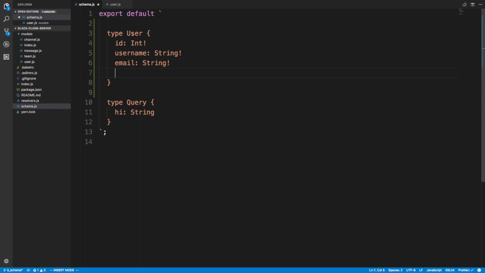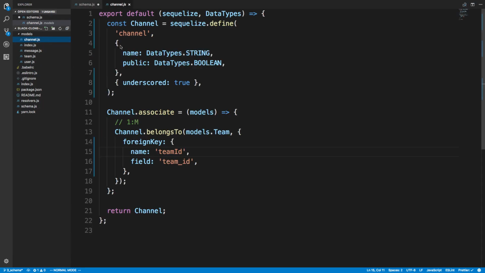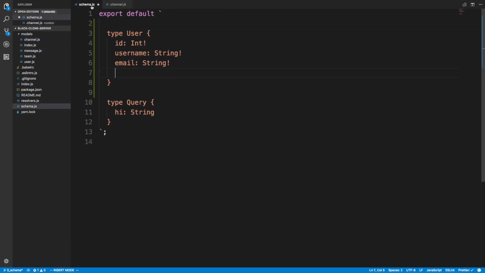So the user is a part of actually channels. I forgot about this, which I guess we can add on later. But for a channel, if it's private, there's certain users that can access it. So we need to have a member as well. But we'll worry about that later when we actually get to channels, because that's all way down the road. But here we have